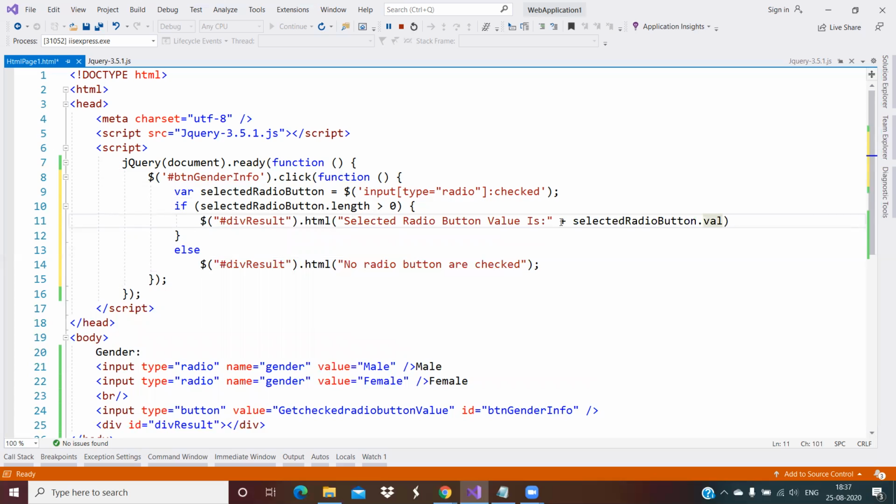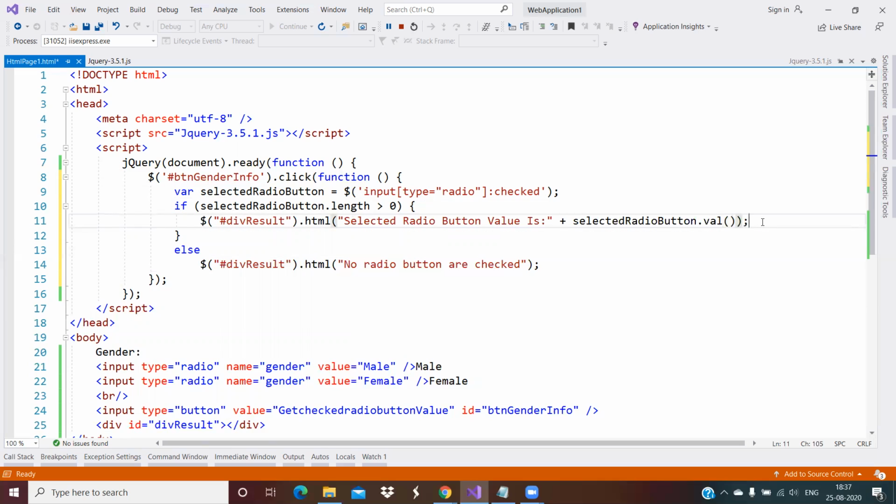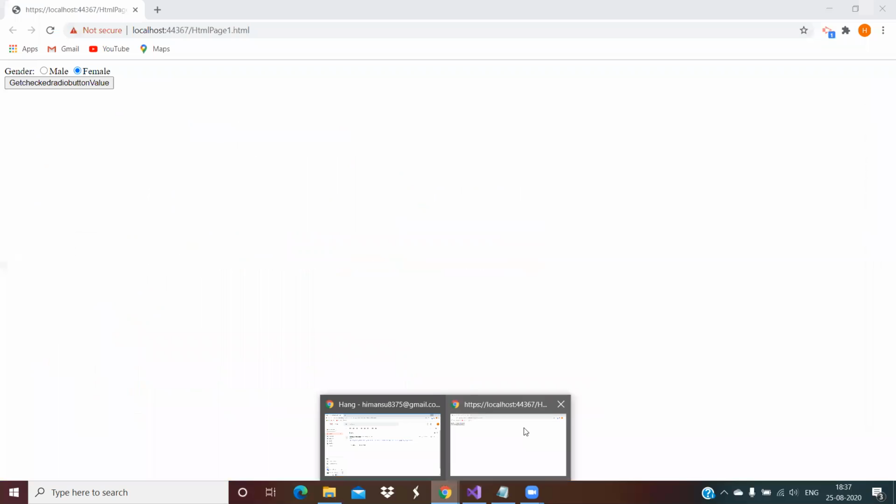Whenever we are getting the value, we are using the val method. So I save this logic and simply go to the browser.